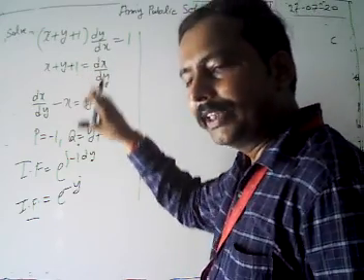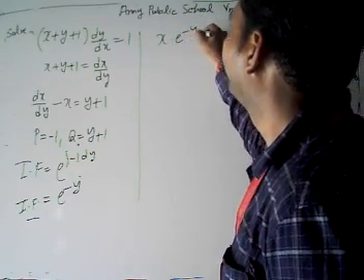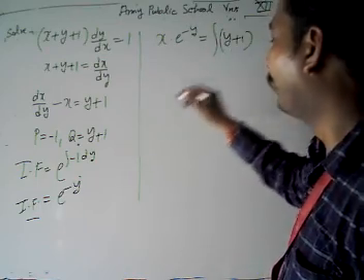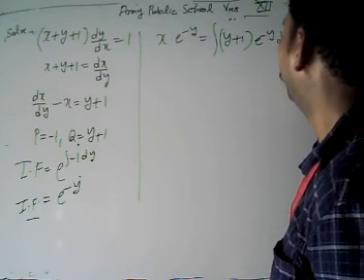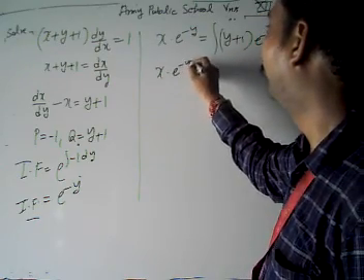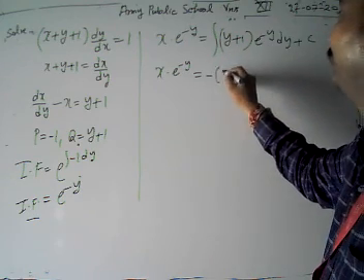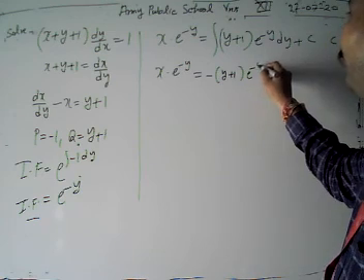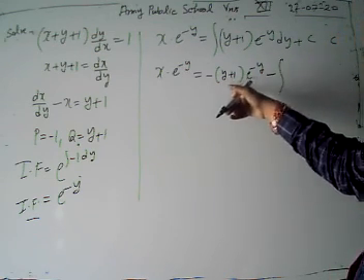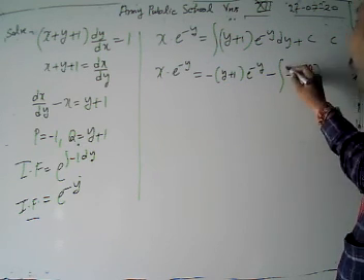It's the format of dx by dy. Then the solution is x into IF, x into e to power minus y, equal to integration of Q. What is our Q? Y plus 1 into e to power minus y dy plus c. Now we are going to integrate it by integration by parts. This is our first function, this is the second function. Then we have minus y plus 1 e to power minus y, minus integration of 1, then again minus e to power minus y dy